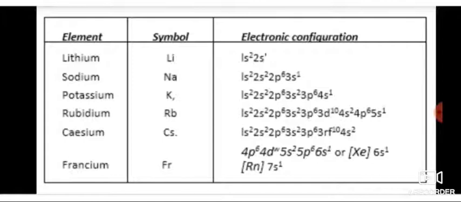What is the general formula for the electronic configuration of S block elements? ns1 to 2. So only 2 are there. So ns1 to 2. n means energy level, s is the S block. So it contains 1 electron or 2 electrons. That can only be shown in S block elements. The general formula is ns1-2. That is a common formula for finding the electrons present in a particular group or period.